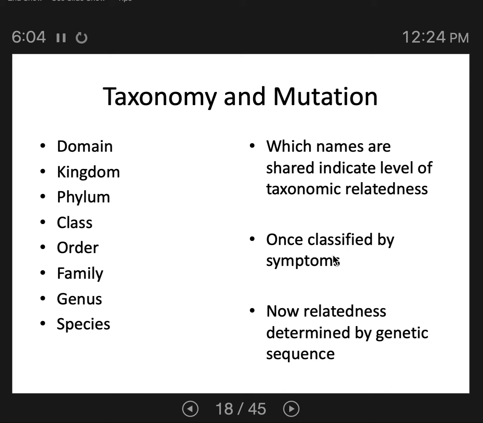Is it traveling through animals? Is it traveling through migrating birds? Is it traveling through mosquitoes? Is it traveling through infected travelers? What is the method by which it's moving around? So what you do is you take all people, there's people who you know are sick with this virus, you take viral samples, you sequence their genetics, and which virus is most related to which will tell you the path